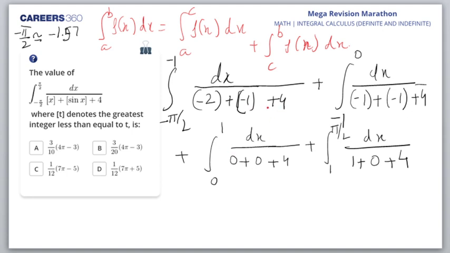So this is 1. So this integral would be minus pi by 2 to minus 1, dx by 1. This is the first integral. Second,